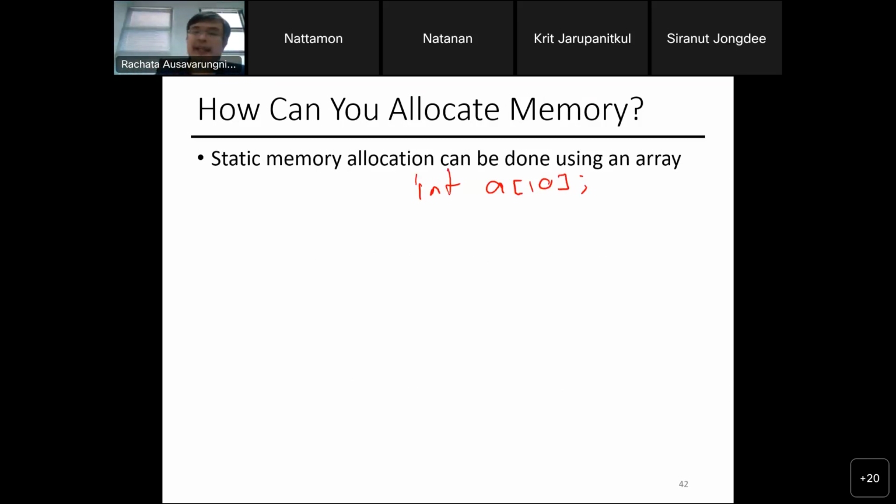What's the size of A[10]? How big is this array? How many integers can I store in this array A[10]? You can store 10 numbers, right? The size is 10.